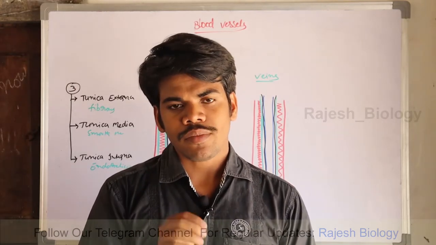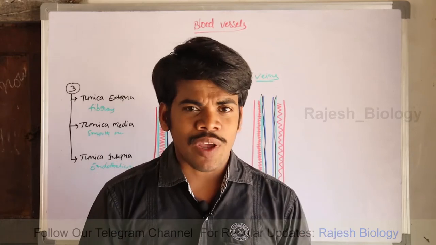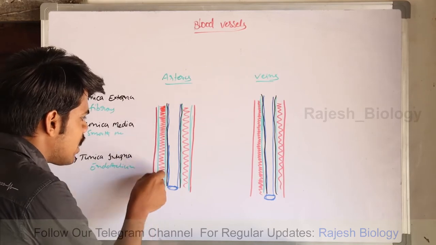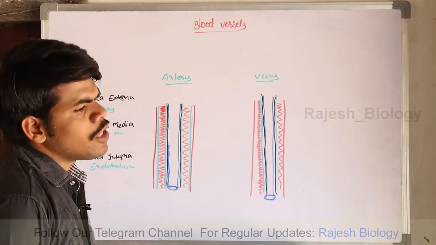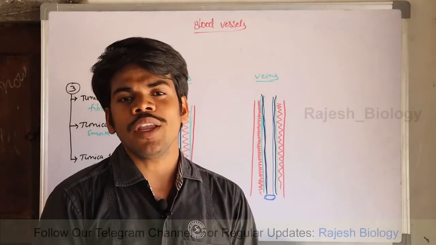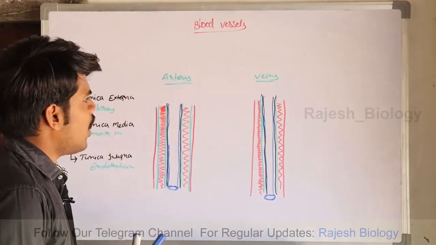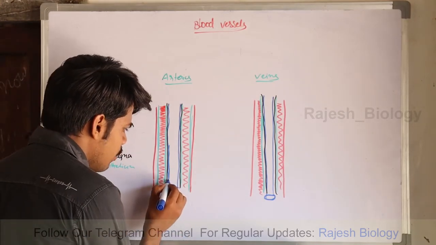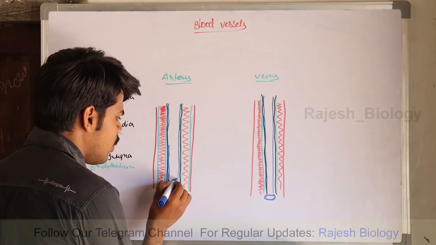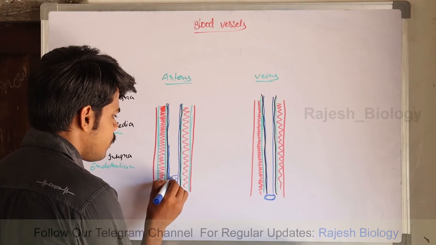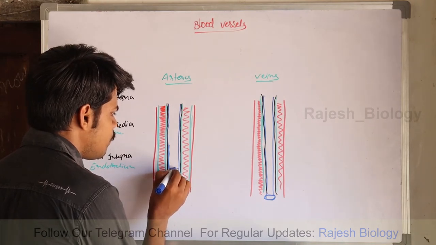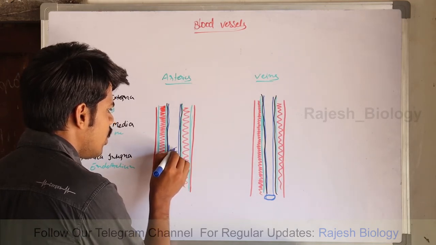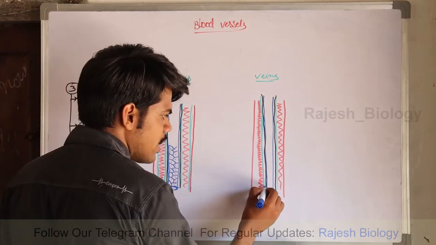How can you define? Yes, you must have a microscope to observe the two elastic laminas which are present on either side of the tunica media. But you don't have the microscope. Then how can you differentiate whether it is an artery or a vein? For that purpose, I give another clue. The endothelium of the blood capillary, the endothelium of the arteries are like this. You already know about the endothelium. It is made by simple squamous epithelium which allows the free passage or free diffusion. Okay, here also the same.